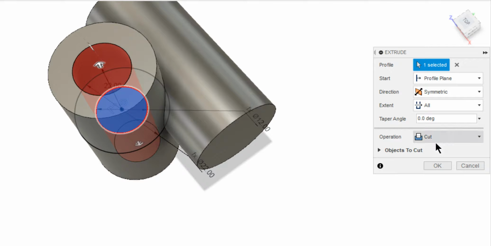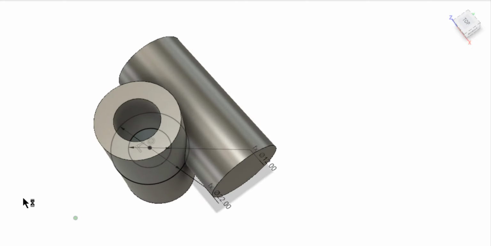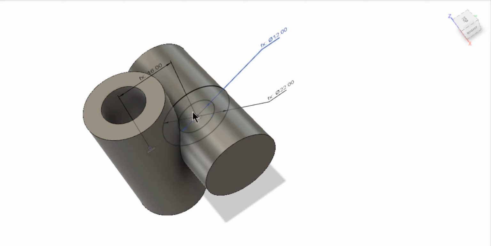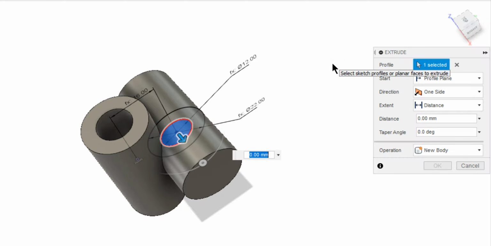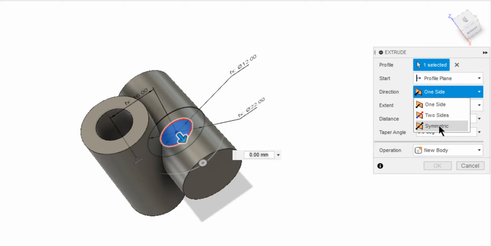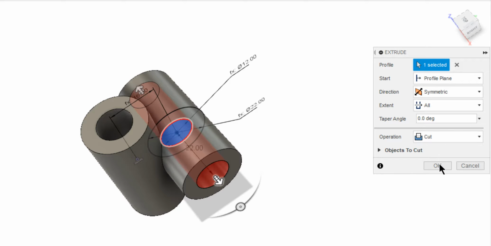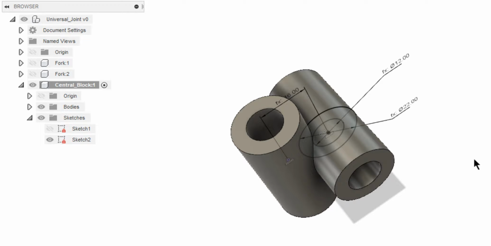But extend to be all. Make sure that the operation is cut. Now show the second sketch and repeat the same for the inner profile. You guys are awesome. Hide the sketch.